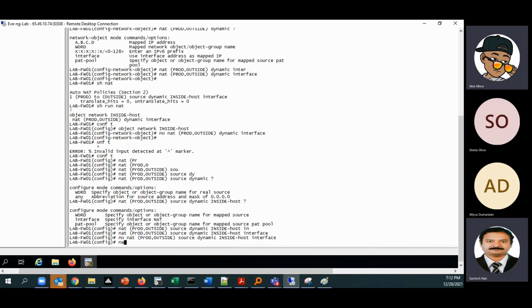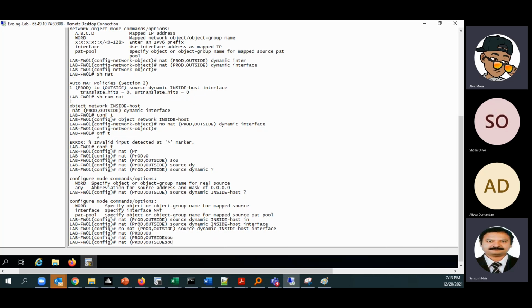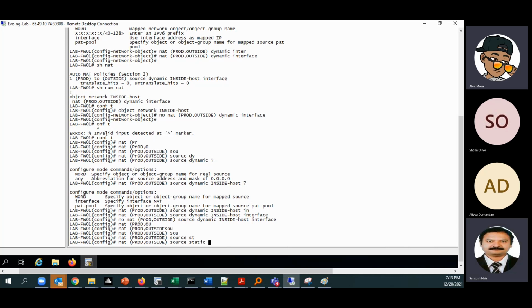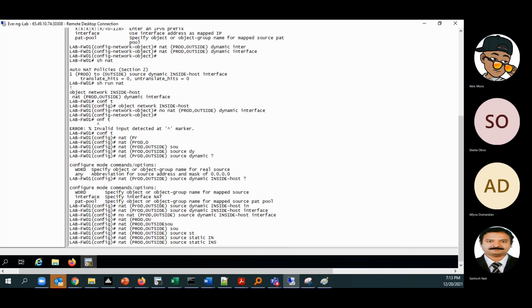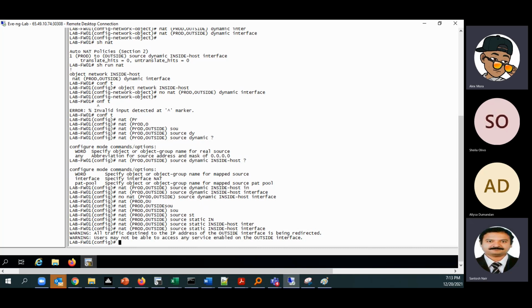So because it is a static and outside, we can give it as static rather than dynamic, because it is one to one NAT. Okay. One to one. If you want to do many to one NAT, same thing.